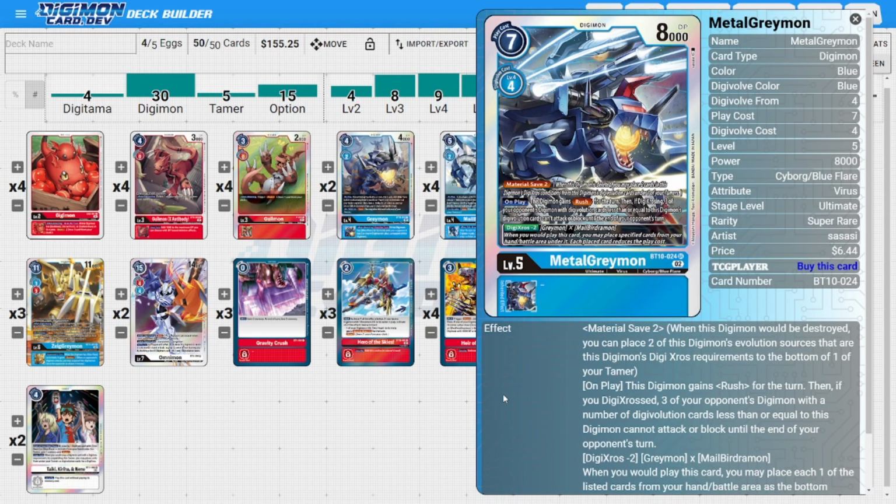Next, on to the level 5s, and speaking of our MetalGreymon, I'm going to be running 4 copies of the Blue Flare MetalGreymon. So this card is a really powerful card just because his Digicross 2 ability utilizing Greymon and MailBirdramon means that we could essentially hard play this card for 3, so that's pretty cheap and efficient, especially if we have